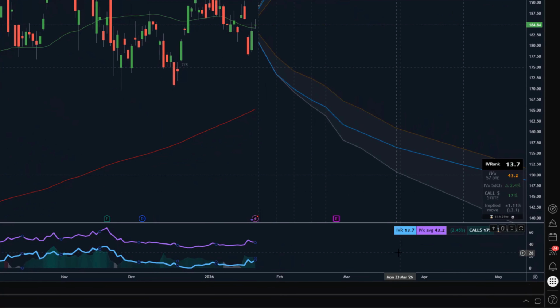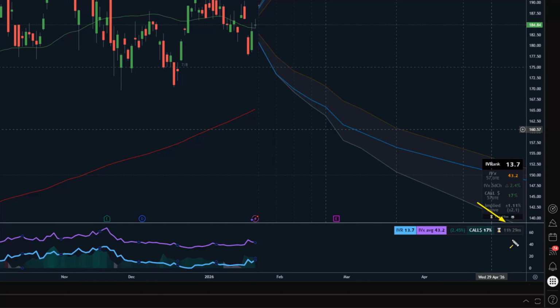What else you can see on this toolbar is the IVR and the IVX that is already shown here. So these are both the same information. The implied volatility change in the last 5 trading days is exactly the same number. The call pricing skew or put pricing skew, depending on which part of the option chain is more overpriced. And the other information in here is when the indicator was last refreshed. This is telling you it was refreshed 11 hours and around 30 minutes ago, because we are already out of market